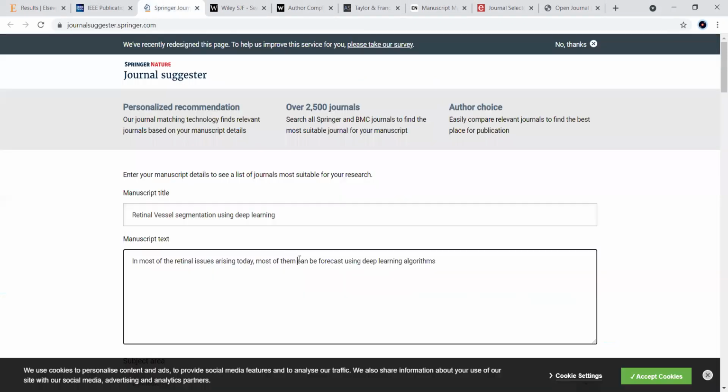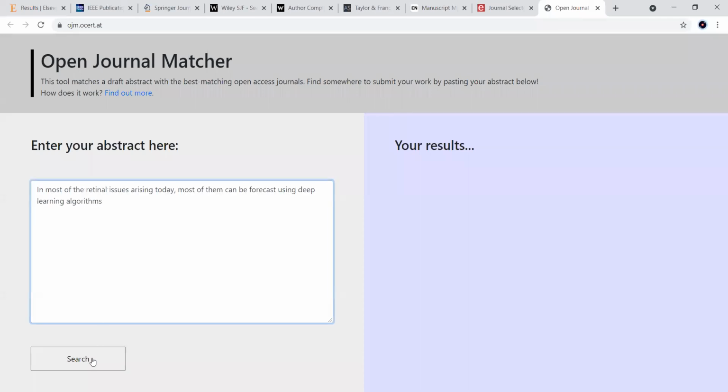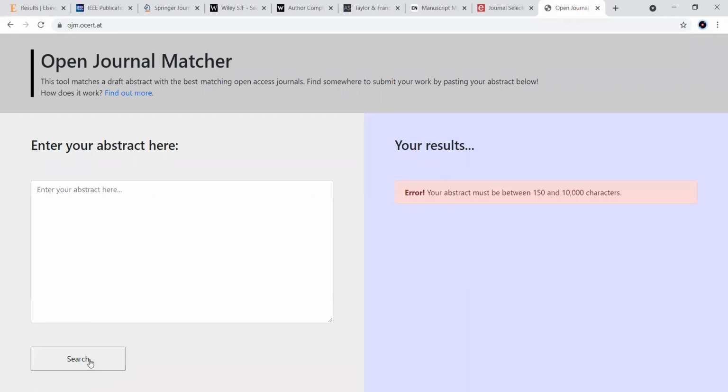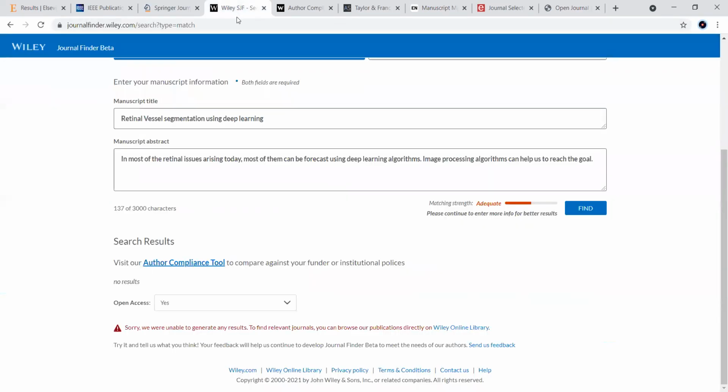I'll take this abstract here. It is saying some more characters are required. For example, let me take some more abstract available with me.